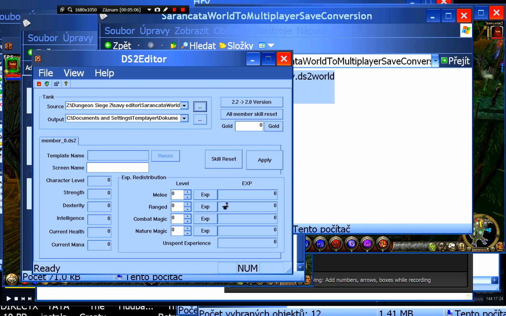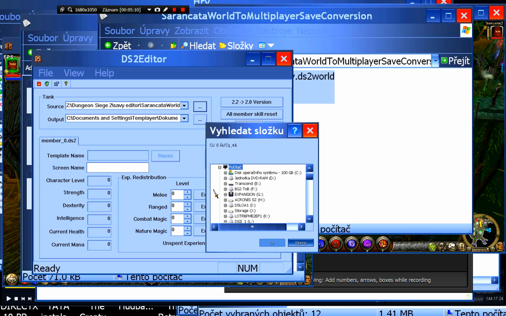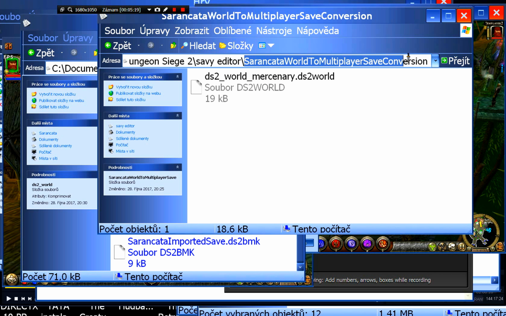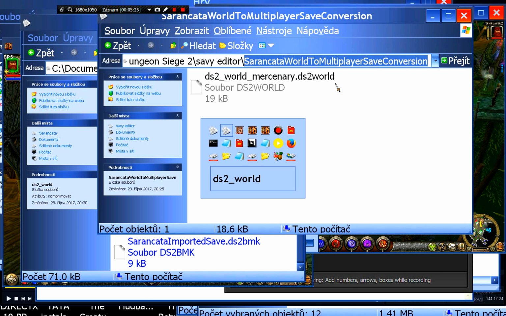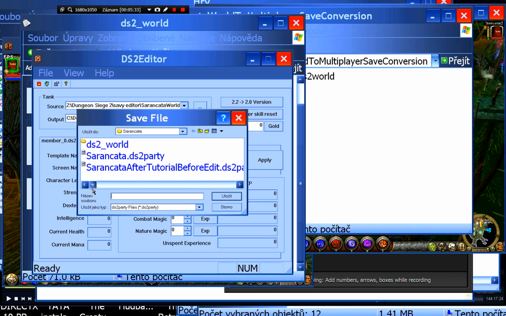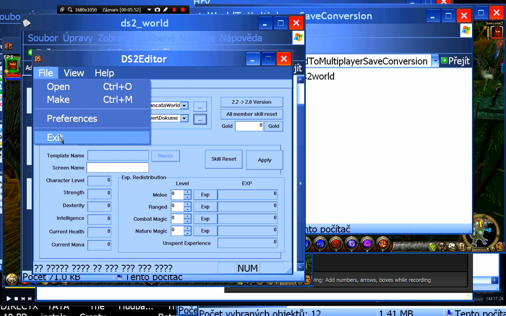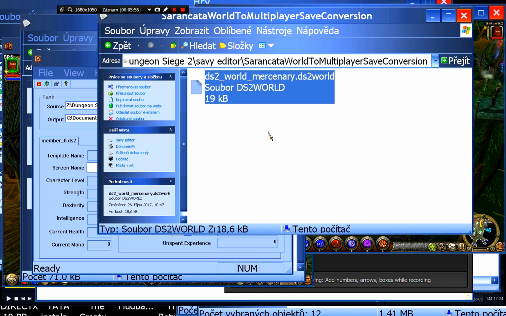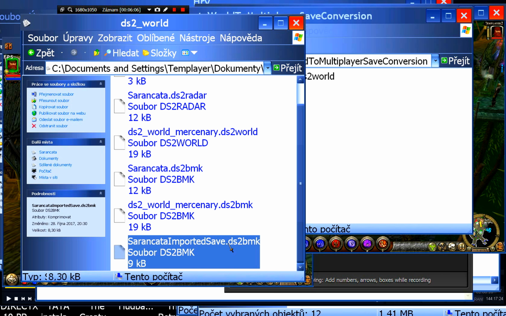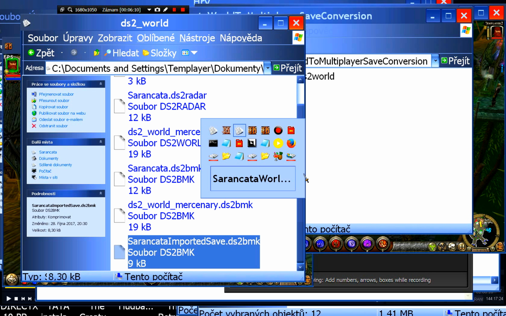And instead of choosing a party, I have chosen this folder with the world from the single player, and here I have chosen to get it as a DS2 party file. The file is actually now half the size, I presume because there's some sort of compression, but you will save it as a DS2 party, and then you select make. It will make this folder with one thing. Just make sure there's just this thing and nothing else in it, and if you then rename that to DS2 BMK, then in the game,